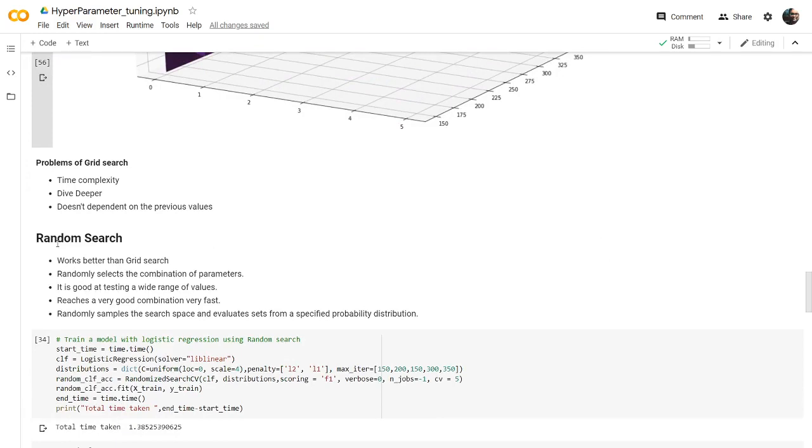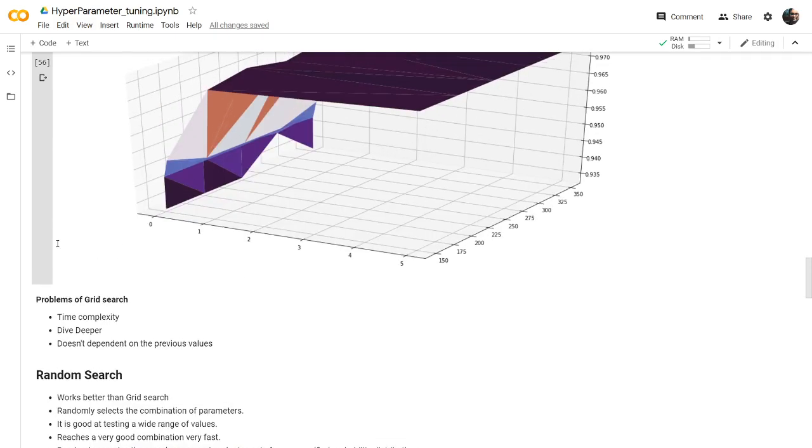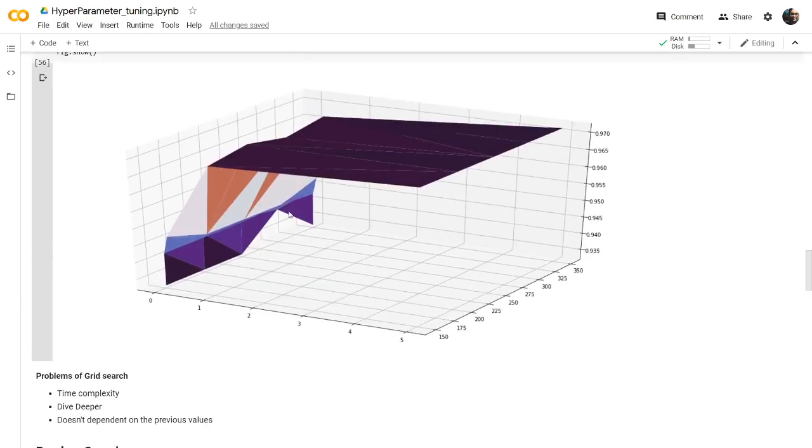So let's go with random search, another tuning algorithm. It usually works better than the grid search, because when you take a grid search, it looks like a grid. Let's say you take this axis, and it will be grid values. So every value will be here, here. It will be trying all these values.